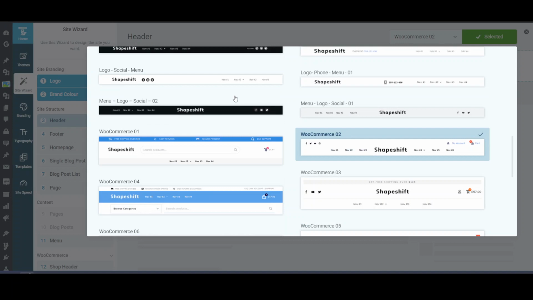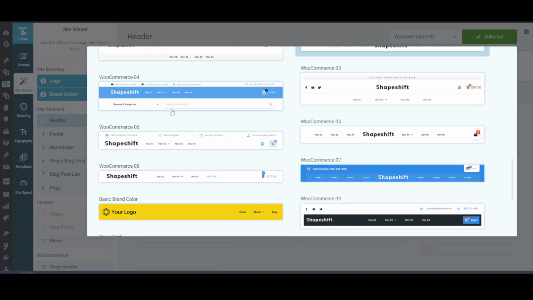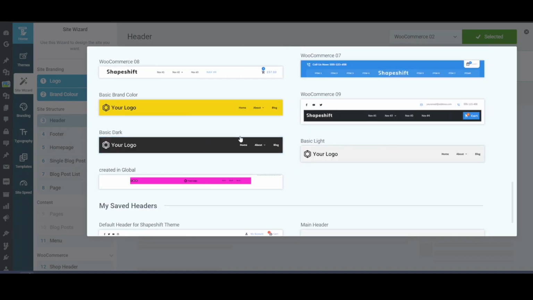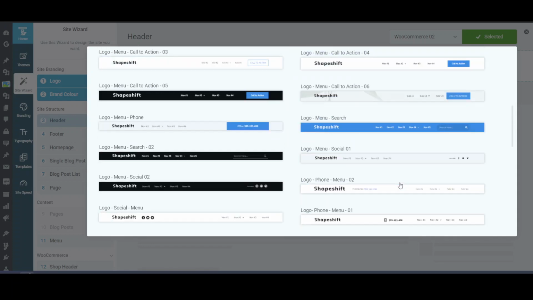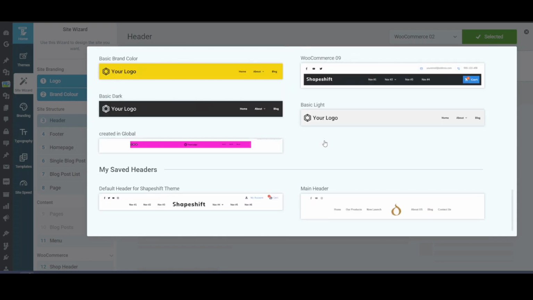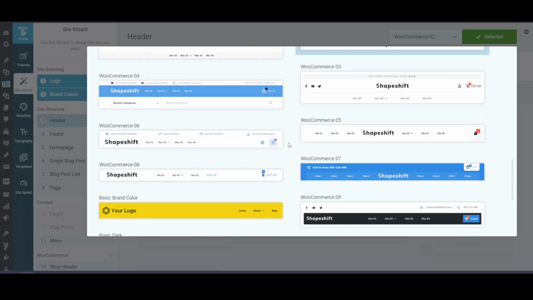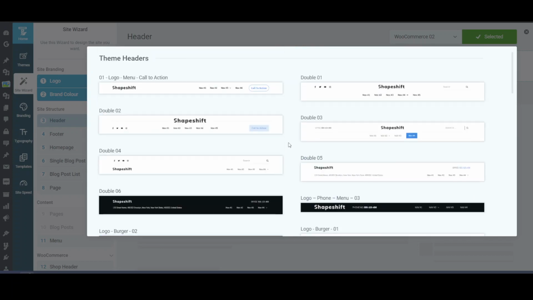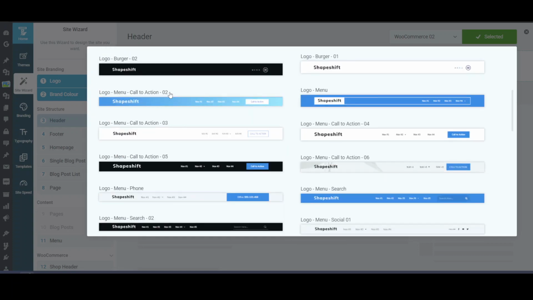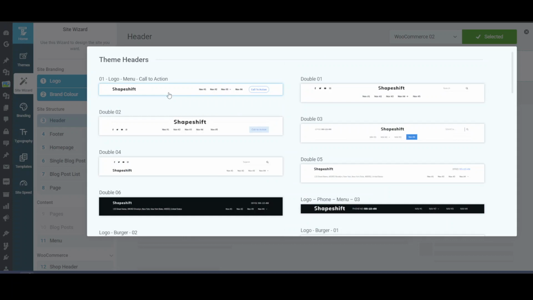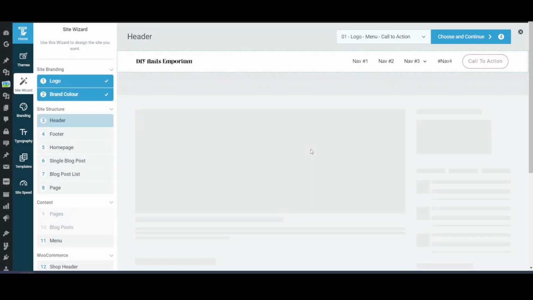We are not a local business, so we'll not choose any header with a phone number, but if you are using any phone number based business, then you can choose it. But here there is no such thing, so this header is also one of example. I think this is one of the saved header, but we are not using it, so we'll see what other options we are having. And I think this option is also good. And apart from that, yeah, so we can use this header as the default header.